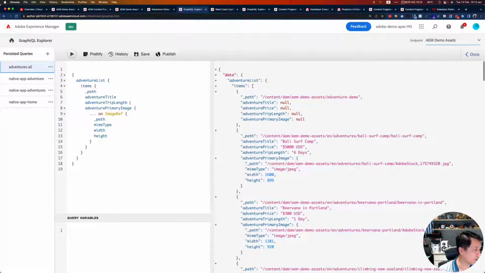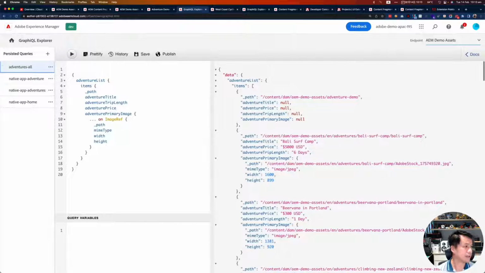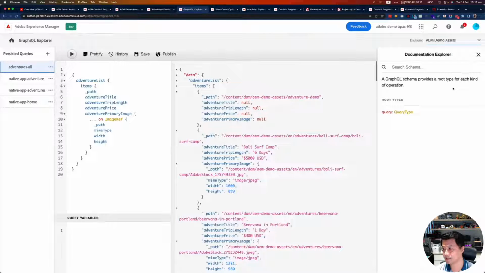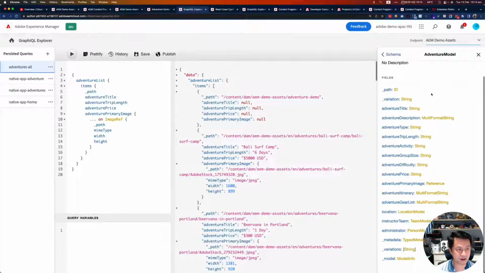you may notice we've got a really good auto completion over here that helps you to define the attributes or the fields from these objects you want to retrieve. And you can start testing them. Now you can see that the attributes in the result are changing. The document here is auto-generated. We inspected the content fragment model you defined and auto-generated this documentation for you so that you can easily navigate and find out how to construct a good GraphQL query for your consumption.